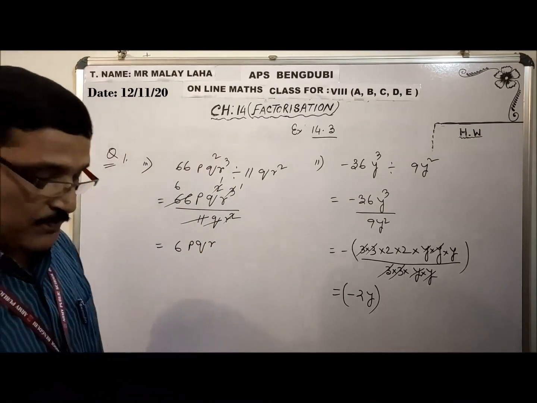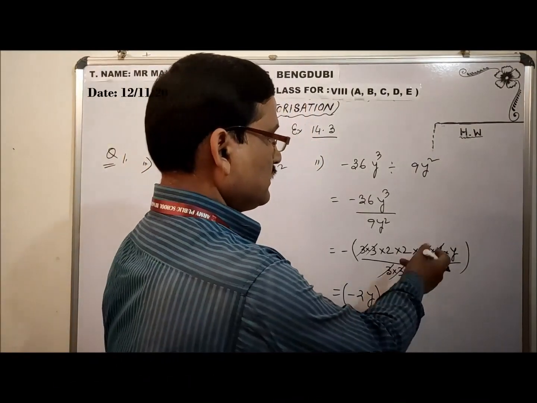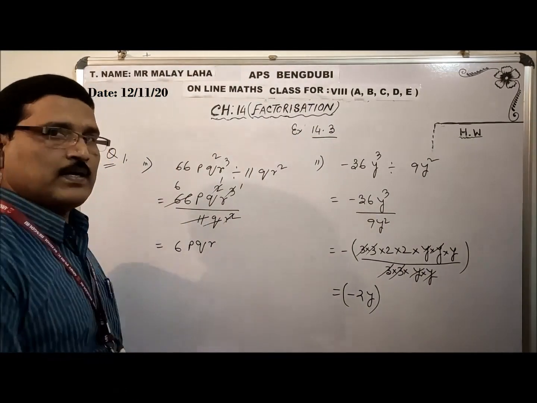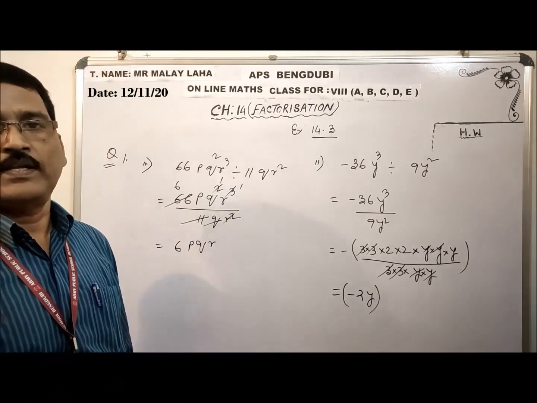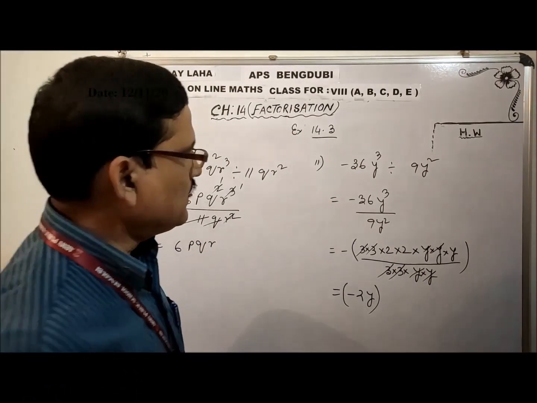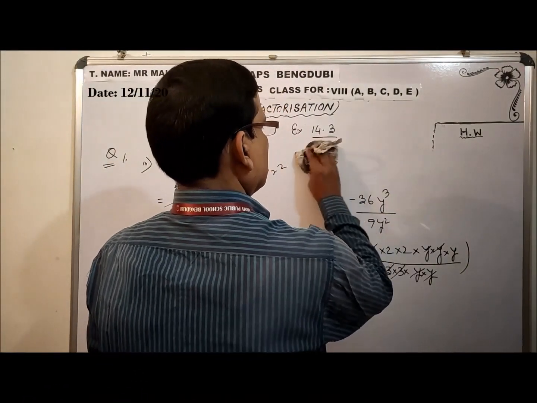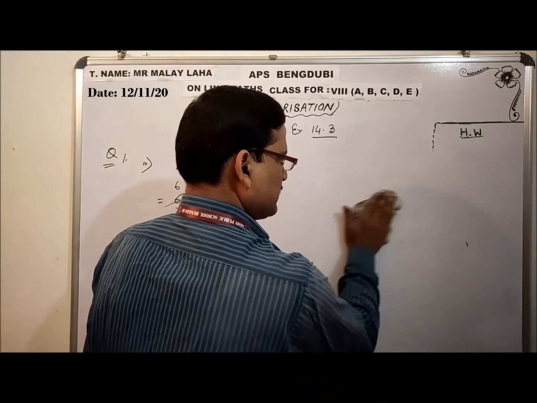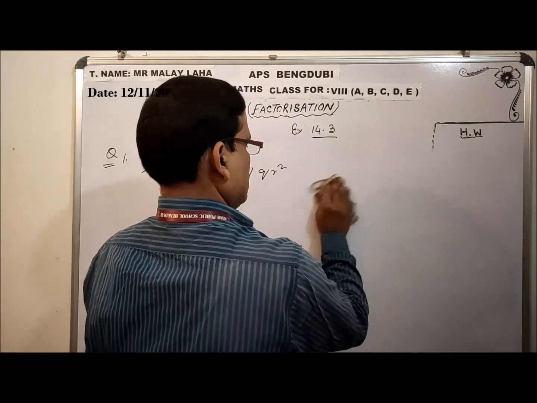Or if you are facing a problem, the way you did in questions 1 and 2, you can do that way also. Factorize the number, cancel the factors, and whatever is left is the answer. Okay? Now solve it quickly so that I can cover the maximum number of questions in one day.